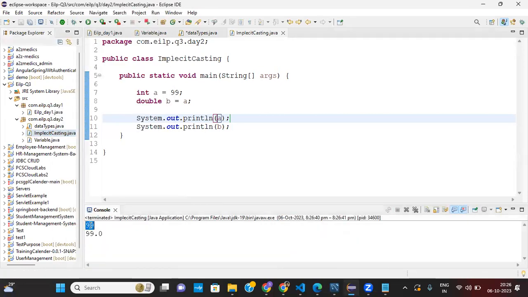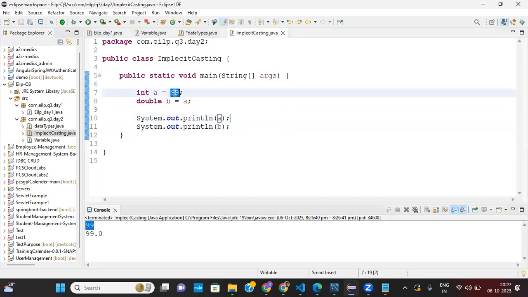So here, if you see, 99 is an integer value. And next, we have b, which is 99.0, that converted this value into double. So this is doing the conversion. The conversion has been done automatically. How do we understand that this is done automatically?